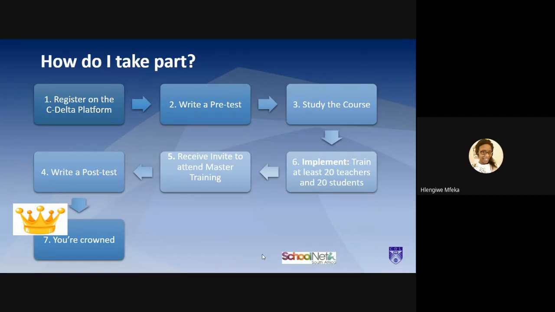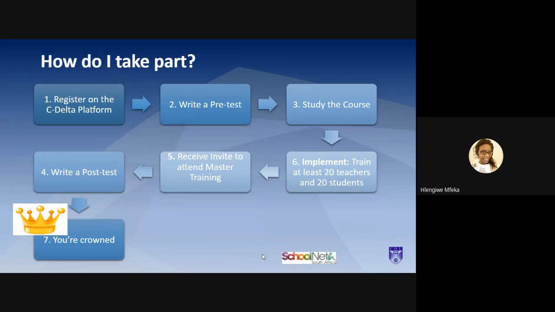Don't wait until you complete the course before you share the pre-test. Share with us every milestone. Once you complete the post-test, you share the screenshot of your post-test so that in our database we know that you have completed the post-test, so you are eligible to be invited to attend the master